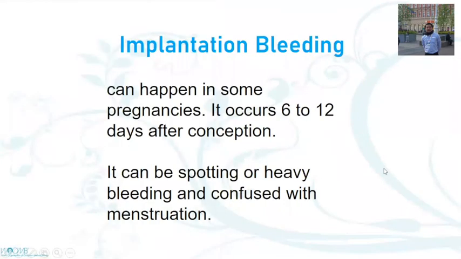Now, what is an implantation bleeding? The last type of bleeding. An implantation bleeding can happen in some pregnancies. It can happen 6 to 12 days after conception. So if you have intercourse and the sperm was able to meet the egg and there is an implantation pregnancy, then 6 to 12 days after conception, after the meeting of the egg and the sperm, there will